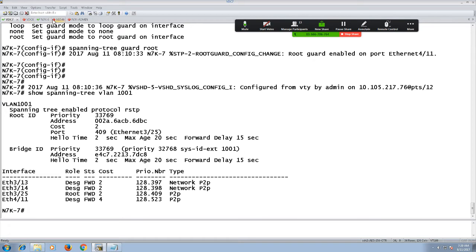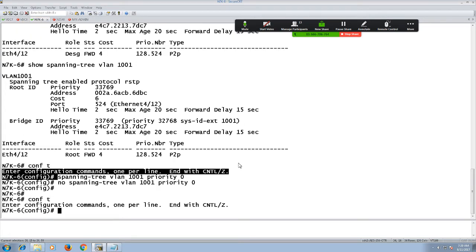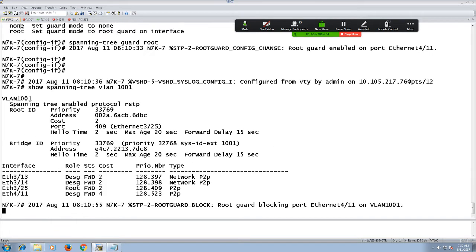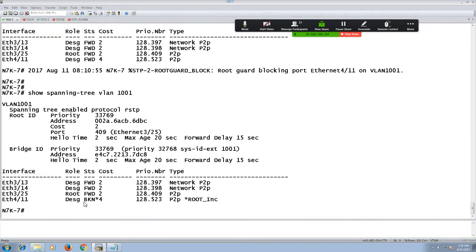Now if I go back to VDC number 6 and configure priority 0, and come back to VDC 7, you can see that the port has been blocked again. If I see show spanning tree, it's in block status due to root inconsistent port mode.